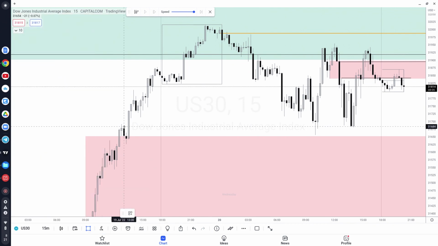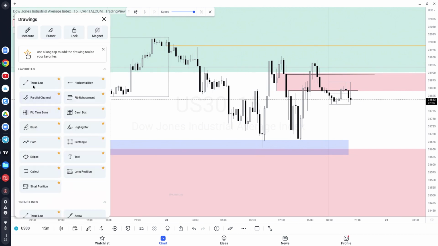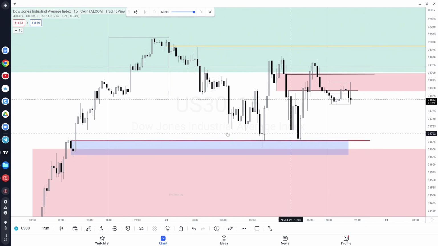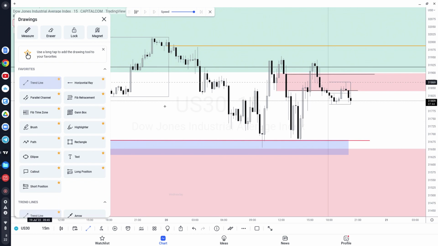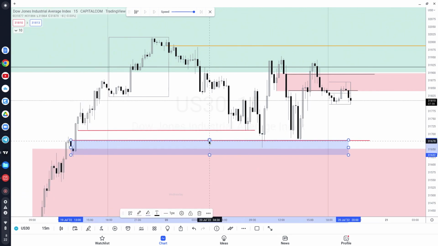This area here, this is an order block: series of down closed candles, up move, fair value gap. So this is a true order block. Right, sell side liquidity here. See how the equal lows are engineered. Equal lows engineered. Here's your fair value gap. Right at 10 a.m. price taps into this area, right? And then we push higher.